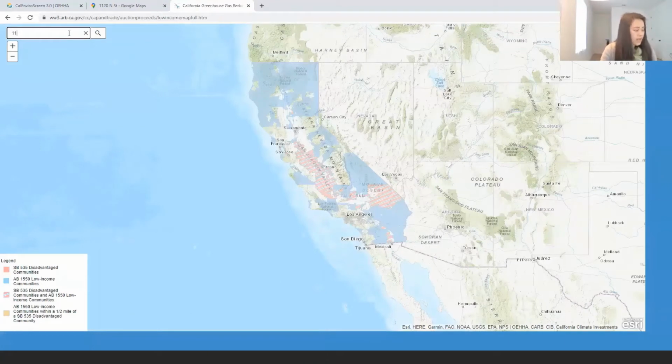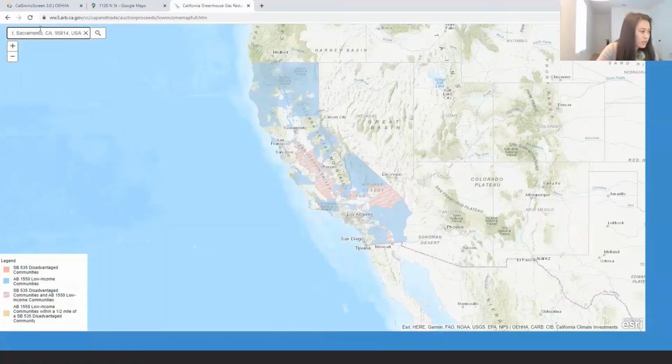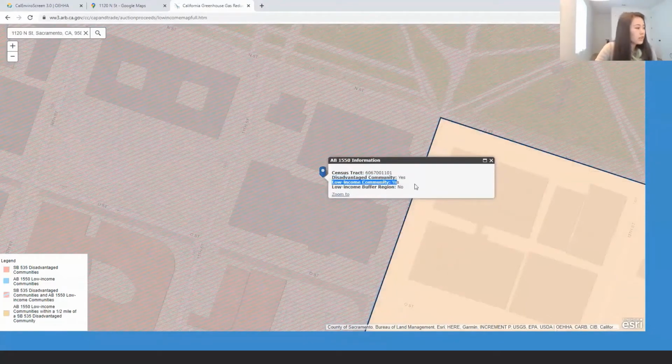We can type in the address again. Or you can just paste your lat and long that you just found from Google, and here you will receive this little pop-up, and it'll let you know whether it's a DAC and or a low income within the buffer region. And when you're here, go ahead and also copy that census tract,